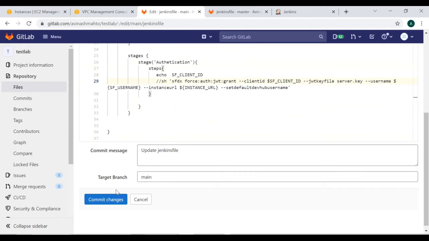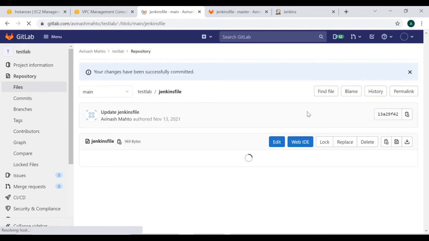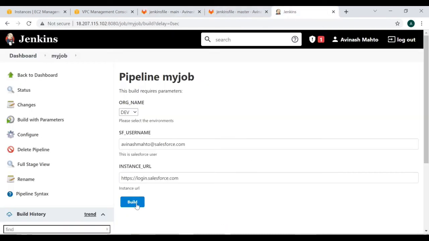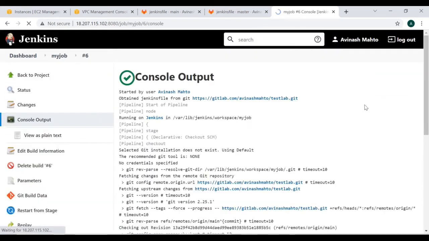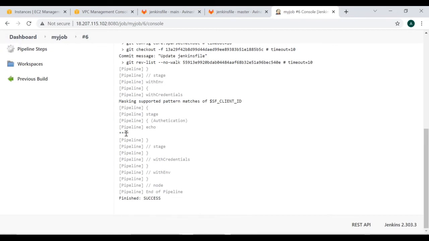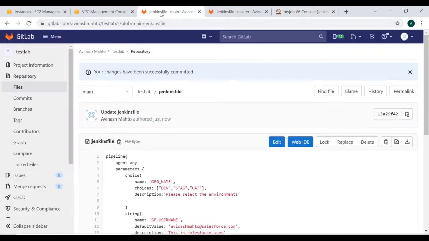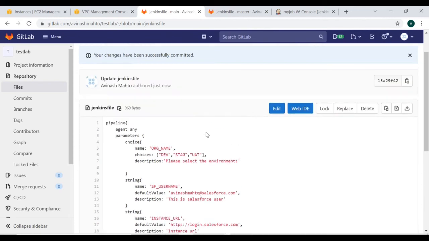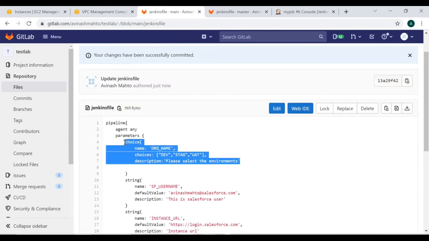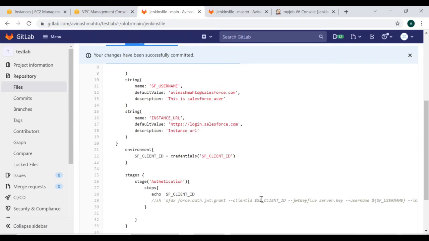So let me comment it and let's trigger this job. So it is success, right? So just now we have seen the choice parameter, how we can define it and how we can utilize it inside the command.